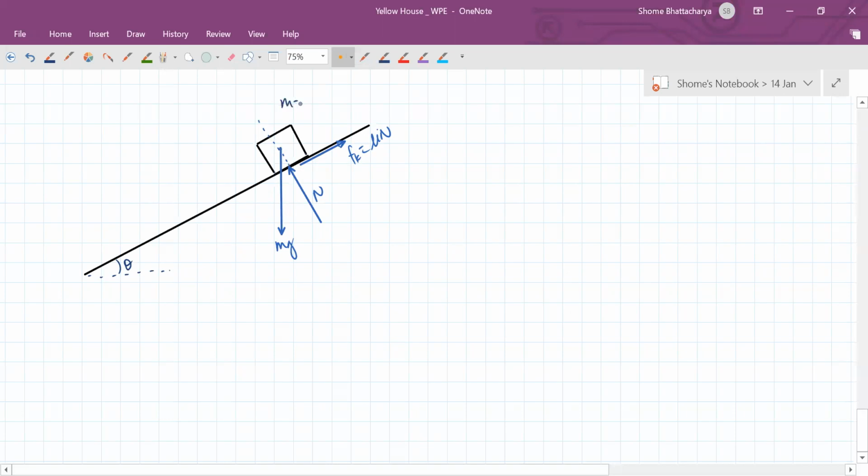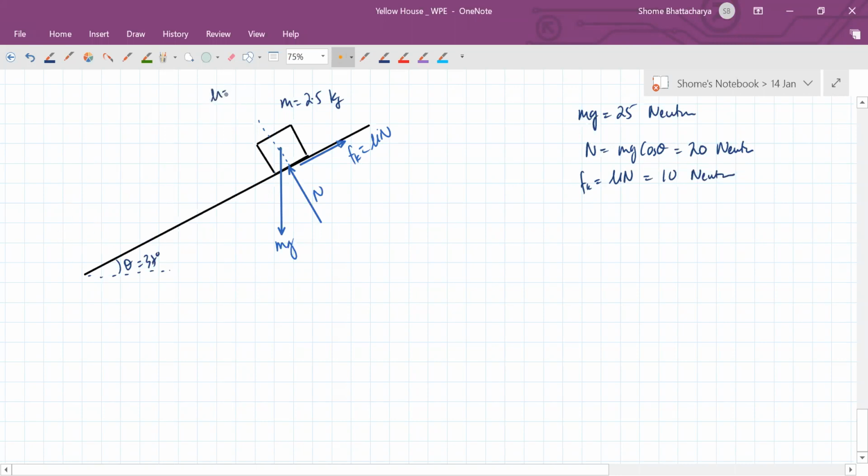So remember the mass was 2.5 kg and the angle theta was 37 degrees. So we have mg, this is 25 newtons. Okay. We have normal reaction will balance the cos component of mg. So in this case, that will become 20 newtons, and kinetic friction will be equal to mu n. So in this case, that will become 10 newtons because the coefficient of friction